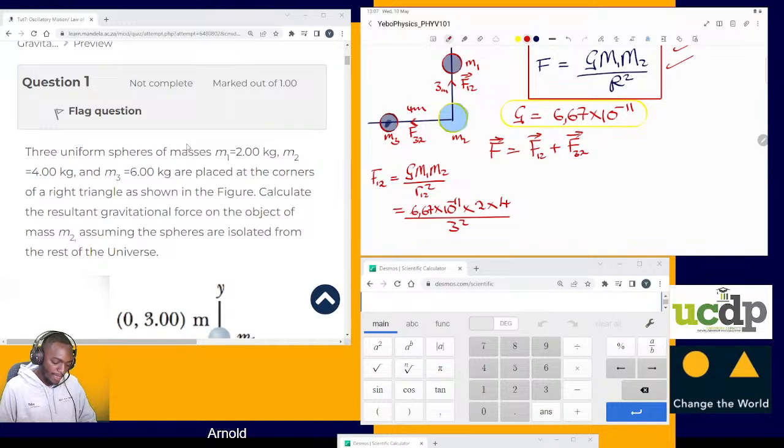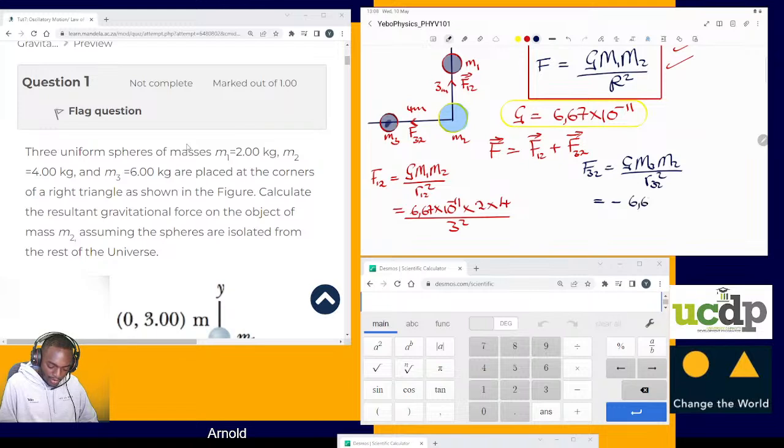Then we square. Then on the other end, we calculate F3 on 2, which is equal to G M3 M2 over R3 2 all squared, according to our equation. When you substitute this, we should take into account that we're calculating a vector F3 on 2. According to the diagram, it's in the negative x direction, so we're going to put the negative,